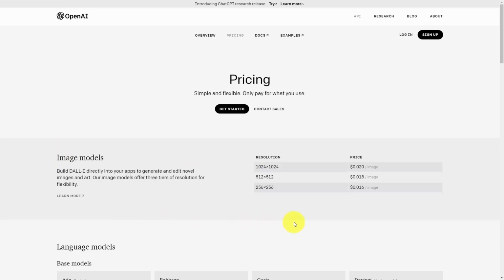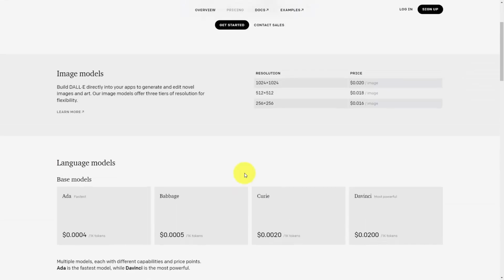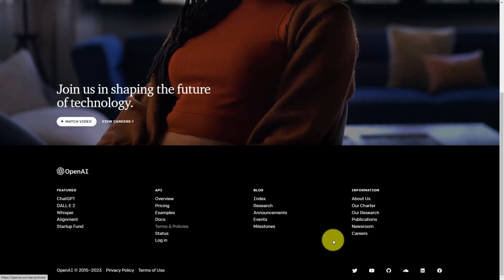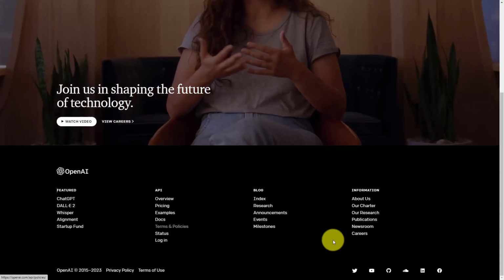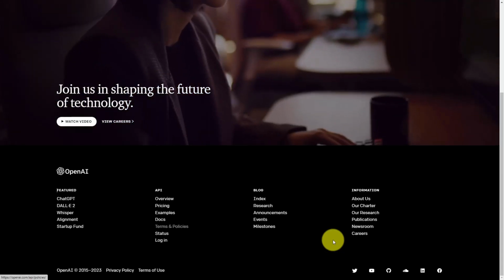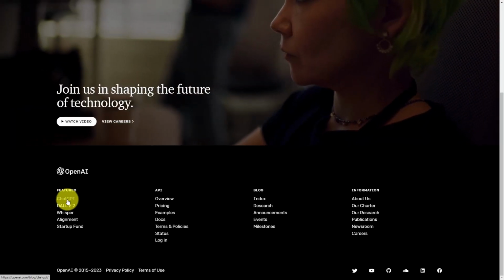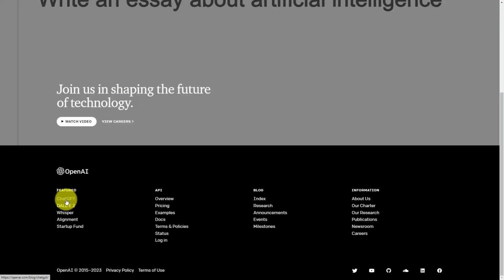And you'll need to pay attention to the pricing as of the recording of this video. You'll see pricing for image interaction. You'll also see pricing for language interaction. Before using the API, you are going to want to read the terms and policies of OpenAI. When you click this link, you're going to notice that it says ChatGPT, but it's not going to take you